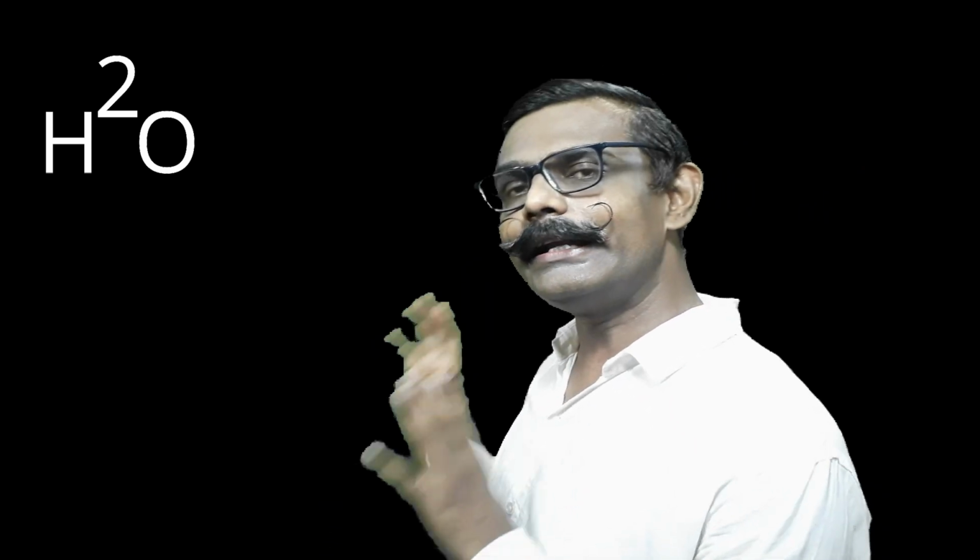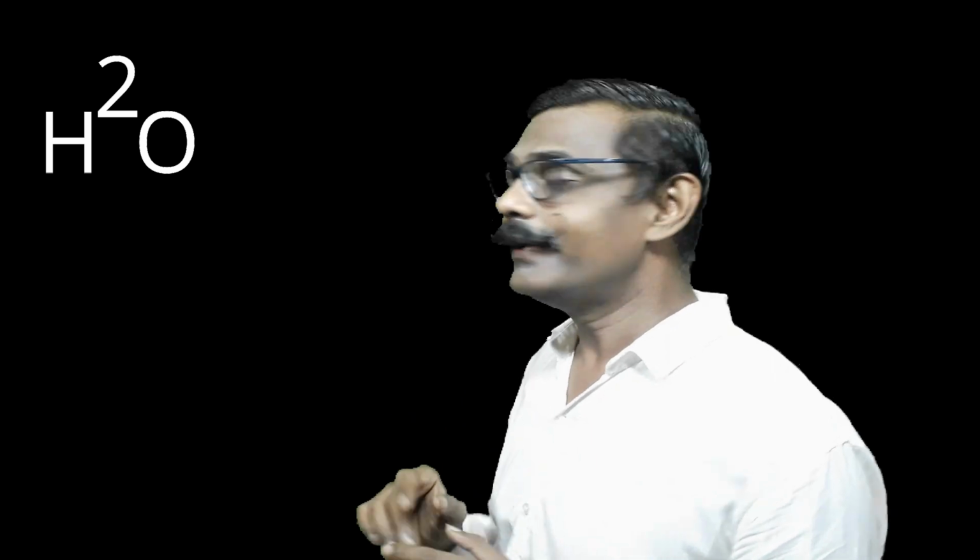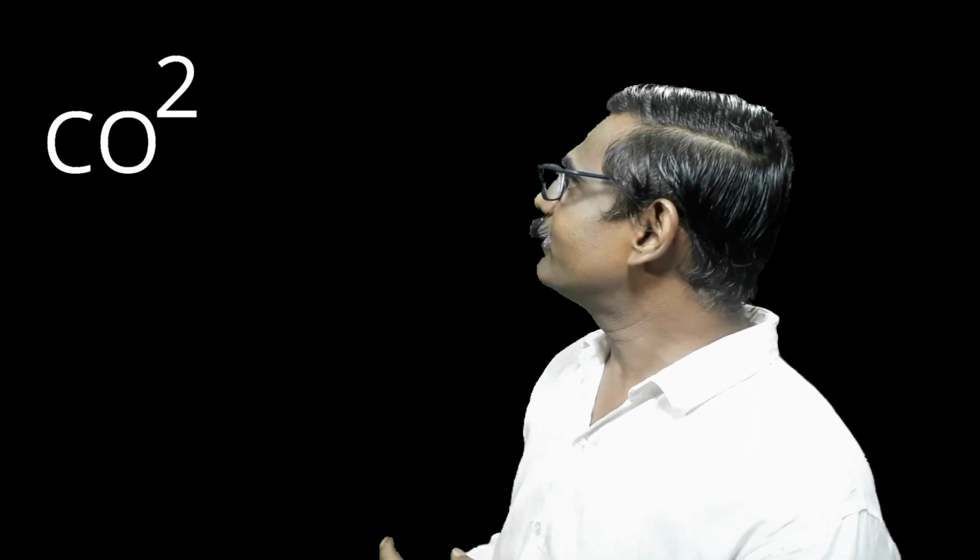By the way, to represent molecules, he suggested representing the number of atoms as a superscript. So he was representing water as H with a superscript 2 and then oxygen. Only later did the scientific community use a subscript instead of a superscript. Otherwise, whatever notations Berzelius used, we still follow. If carbon dioxide is to be represented, then he was representing C, O and 2 as a superscript. Now we are using it as a subscript.